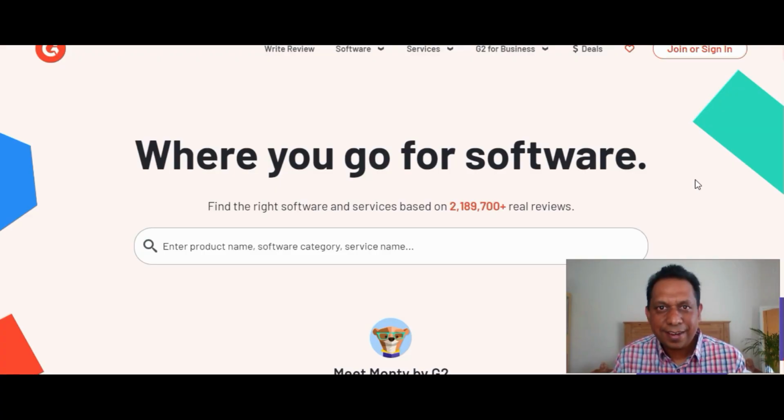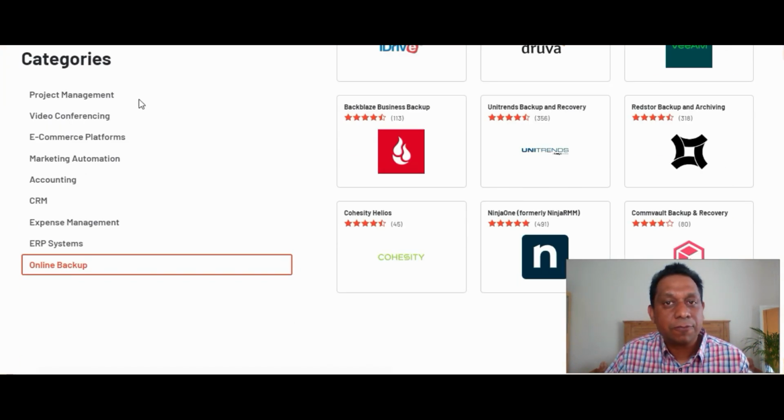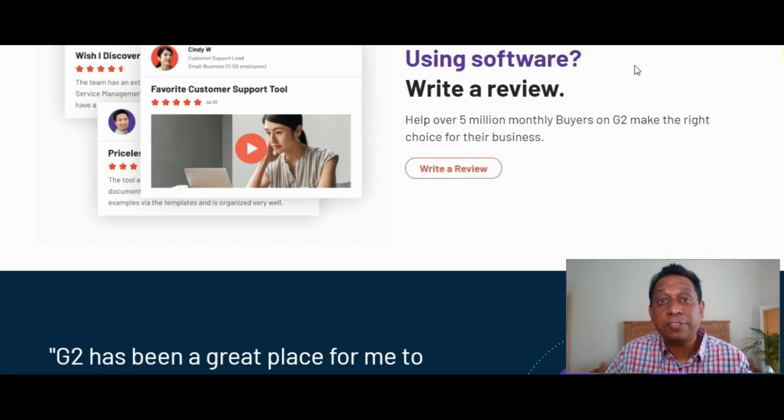Before we get started, let's take a quick look at what the G2.com website is all about. So here we are at G2.com, where you go to find the right software and services based on 2.1 million real reviews. These are the most popular software categories, and these are the reviews on each of the software programs. And if you want to write a review, you would come to this part here where it says write a review,